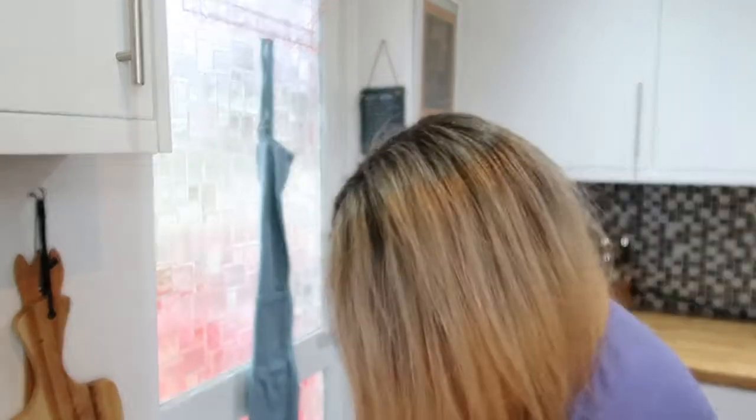I think it's quite interesting that we have this routine of three meals a day kind of thing. I think it's best to try and follow your own hunger patterns rather than a strict routine, but then there is research to suggest that your body copes better with a regular meal. So I don't know the science of it, but anyway, so for breakfast I'm gonna try the oat yogurt